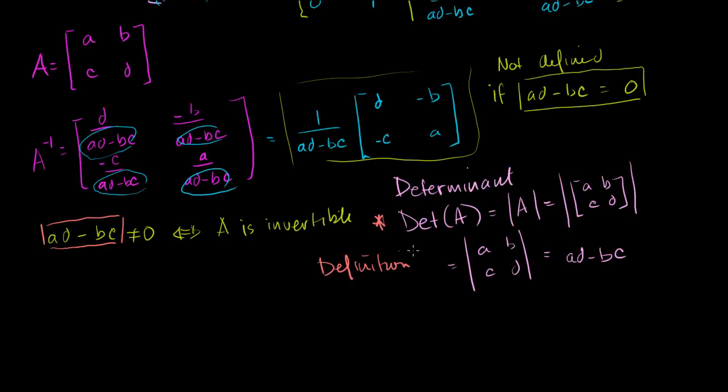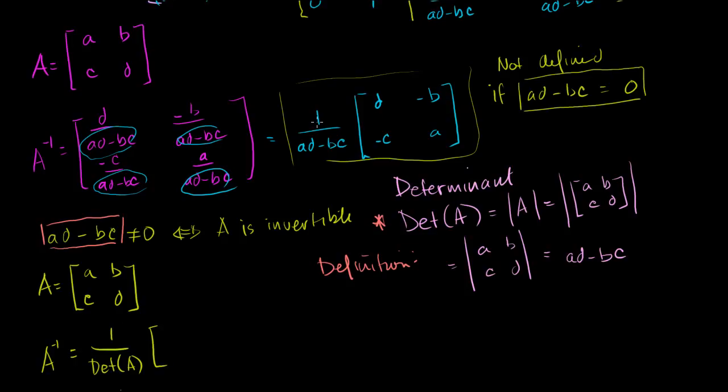So if we have some matrix A, which is equal to A, B, C, D, we can now write its inverse. A inverse is equal to 1 over this thing, which we've defined as the determinant of A, times